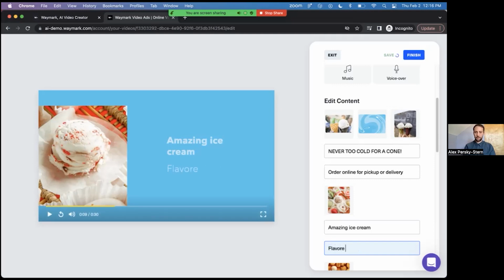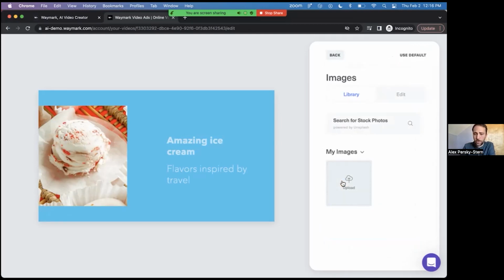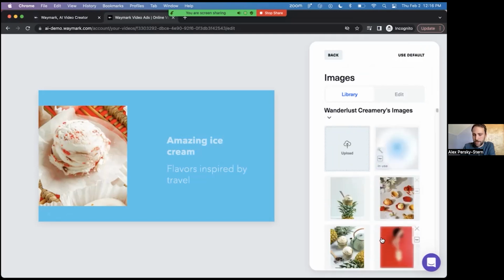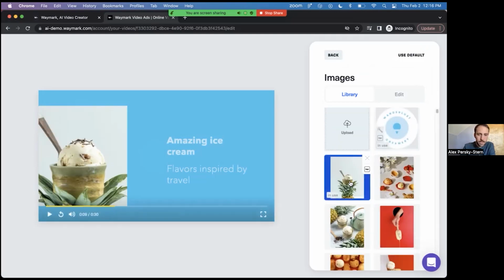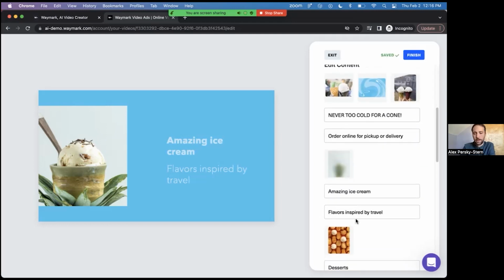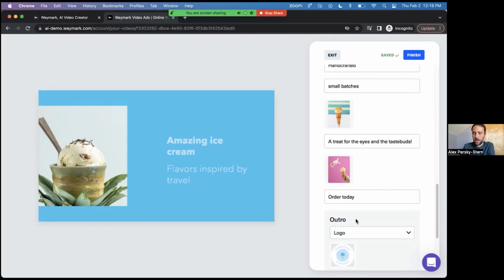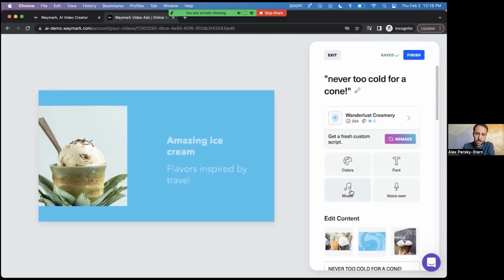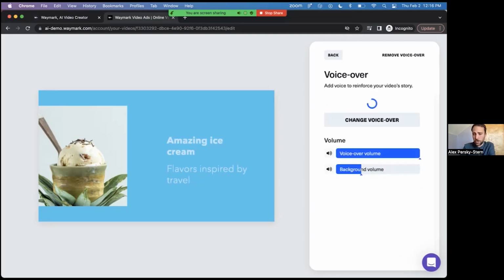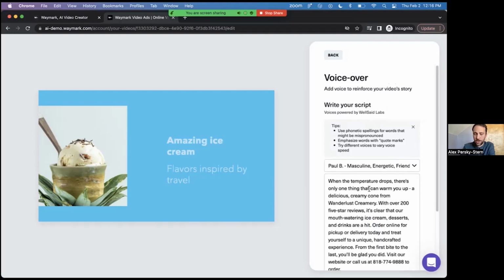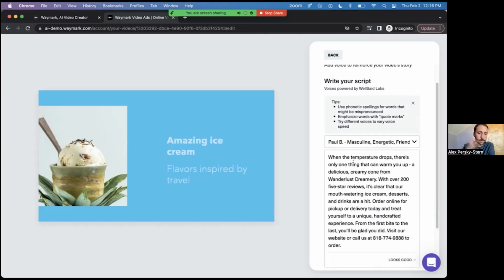we could say, maybe I think this is something they talk about. You can go ahead and type that in. All of the images that we pulled for this business are right here. You can say, let's maybe toss that one, that one's a little more fun, and you can do some deeper cropping, image editing, all that kind of stuff. And you can also change the colors, the music. You can edit the voiceover directly if you wanted to say something a little bit different and choose a different voice. So yeah, you really can make any content adjustments you want.